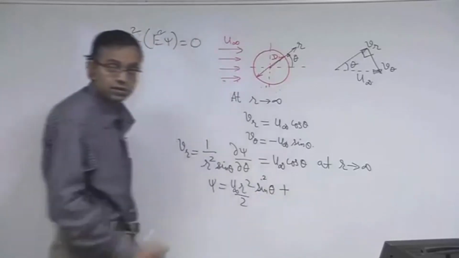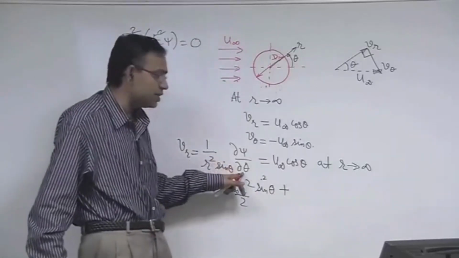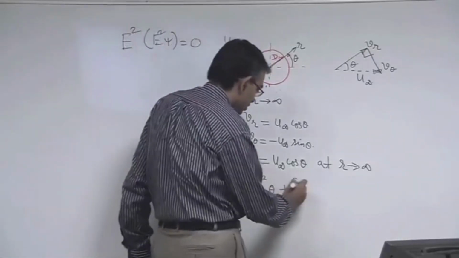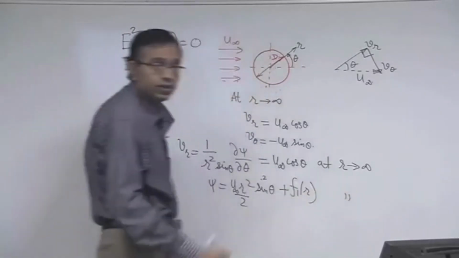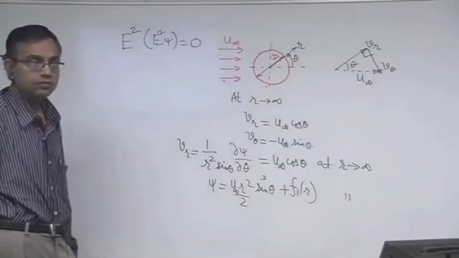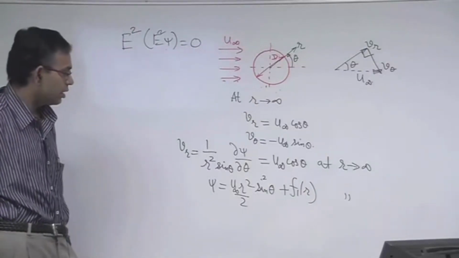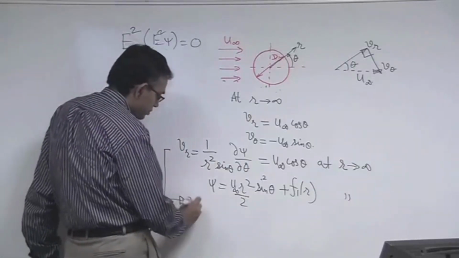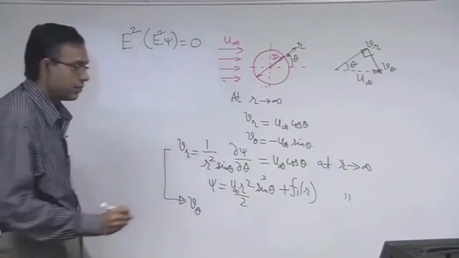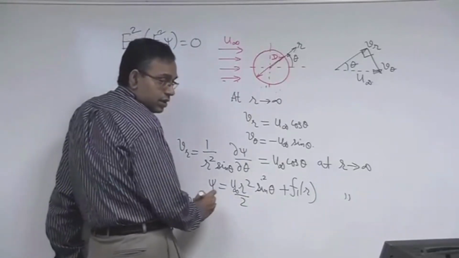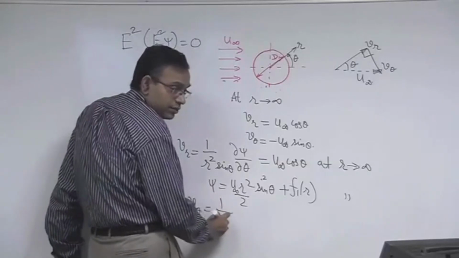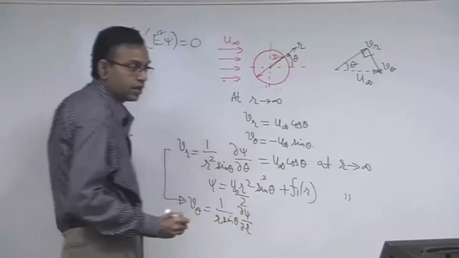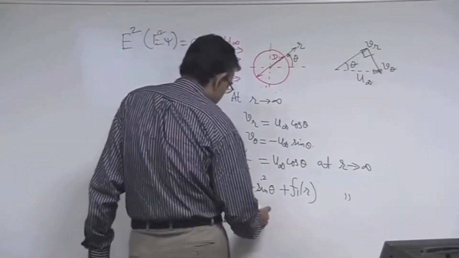plus what? We have partially integrated with respect to theta, so a function of r is like a constant. So, plus a function of r. Remember, this is at r tends to infinity. Okay. We can write a similar expression for V theta, which is equal to 1 by r sin theta del psi del r, which is equal to minus